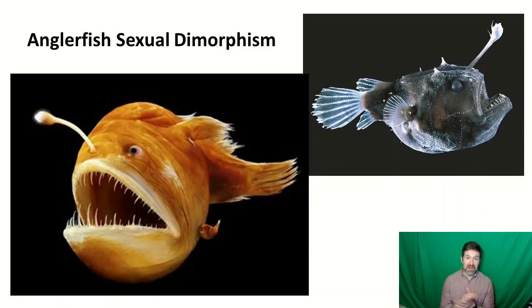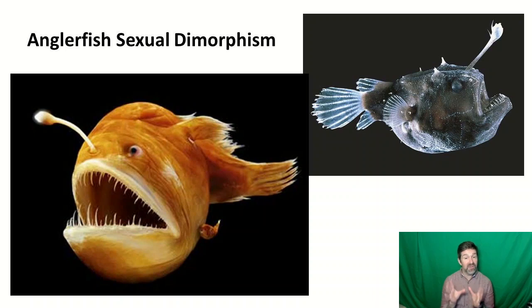Now, you can see many more examples of sexual dimorphism in nature, right? As we get out to other species, we see the anglerfish. If you've ever seen Finding Nemo, when they go deep down in the water and the light glows, this is the anglerfish. You might say, I've got two pictures here, one of them is male, one of them is female, and you would be wrong, because both of these that you see are female, but there is a male in the picture. If you look at the orangish one, there's a little blob on the side of that orange. That's the male.